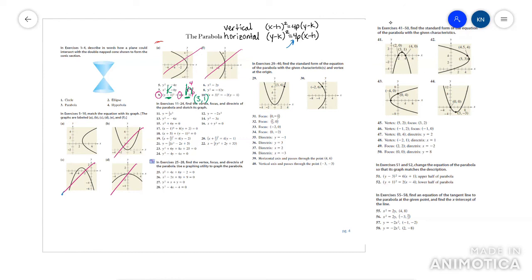That would be your vertex. And you see in this picture (3, 1) is your vertex. So that's just another thing to kind of think about. Okay, one more real quick, then we'll move on to a different